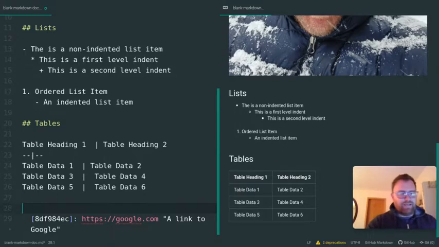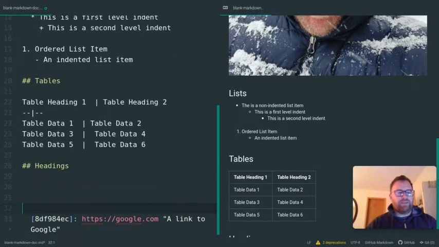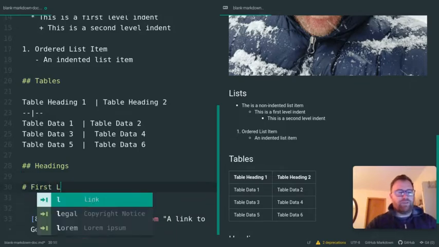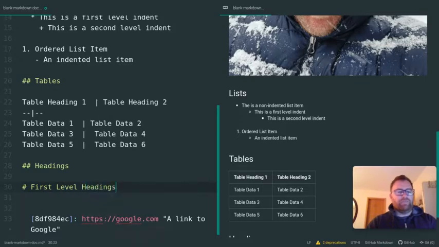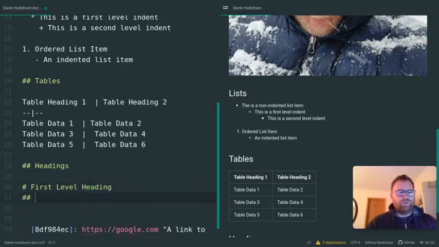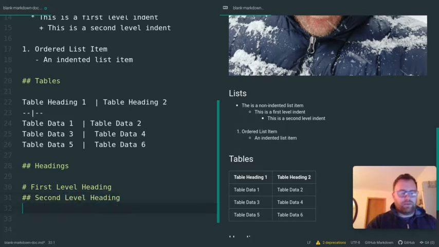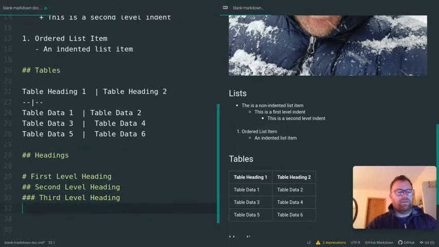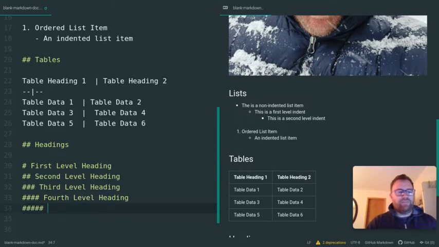Okay, so like I said, we do Control-2 headings. So if I want to do headings, let me make a little space here. So I can do Control-1, first level heading, Control-2, second level heading, Control-3, third level heading, Control-4, fourth level heading, Control-5, fifth